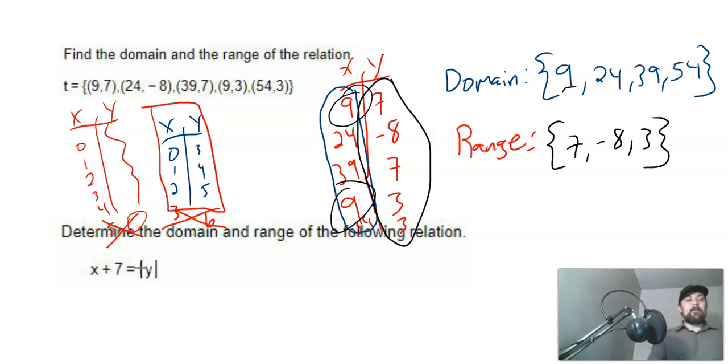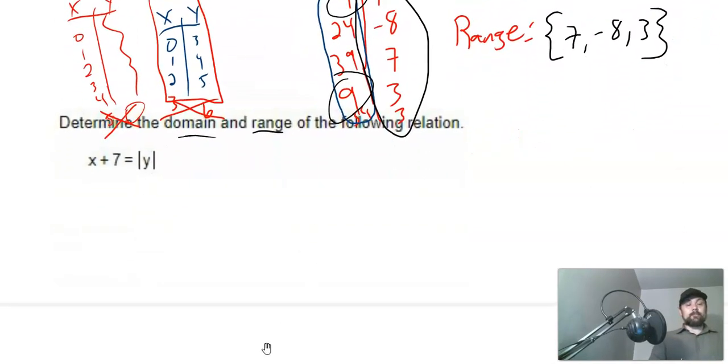Okay, what about if it's an equation? Determine the domain and range from this equation. This is going to be a little more difficult to figure out. So what you want to look for anytime you're asked for the domain and range is you want to look